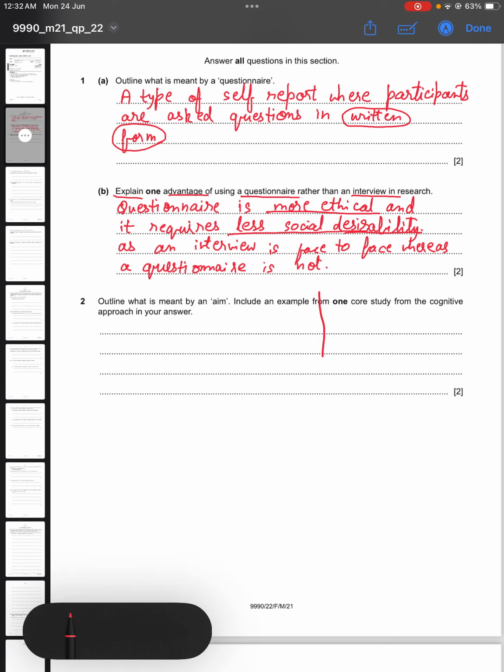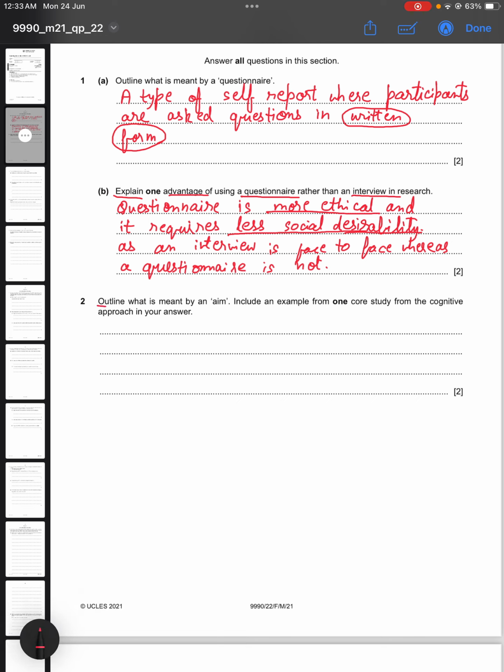Now question 2 says outline what is meant by an aim. Include an example from one core study from the cognitive approach in your answer. So you need to make sure that your example is from the cognitive approach. So if we are about to outline what is meant by an aim, we can write that